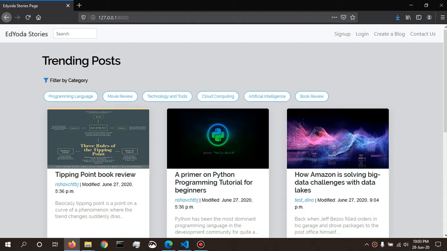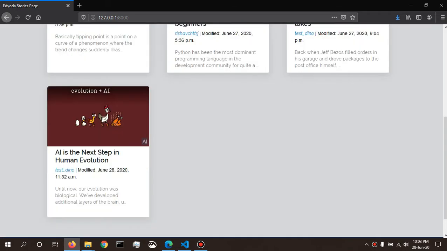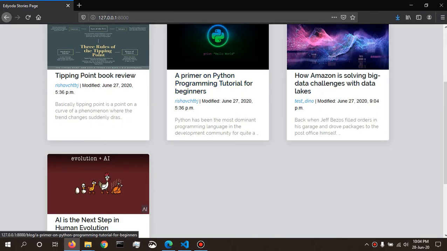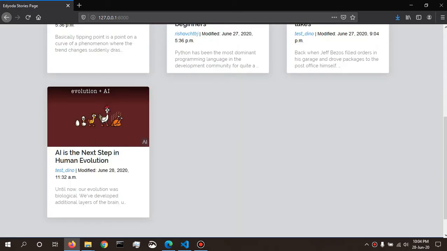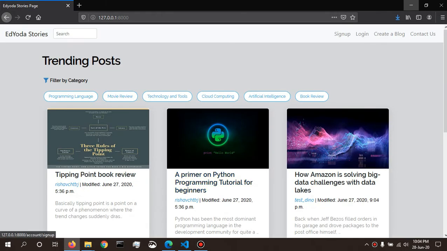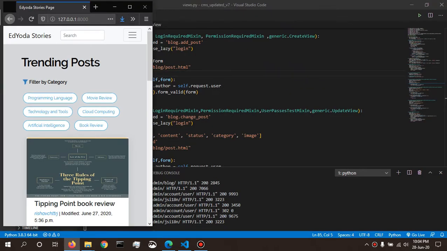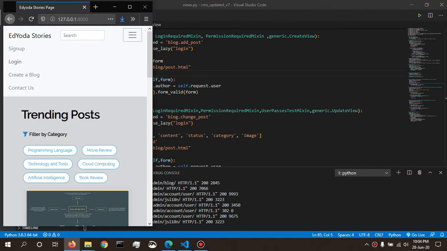So let's get started. As you can see, this is the home page of the web application. Now the blogs are being displayed at the home page in the form of cards. You can see there are 3 cards right now in a row and in total 4 cards. Now it is responsive, so suppose if I try to reduce the window, you can see it creates a hamburger icon and you can scroll down just like you would do in desktop.